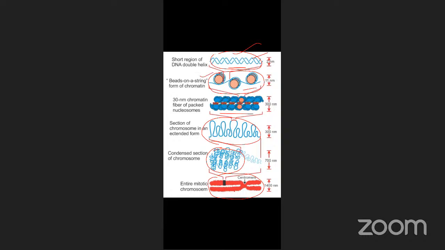In DNA alone, the thickness is 2 nanometers; with histone proteins, it is 11 nanometers thickness. Just imagine, of course, the equal length: this DNA equal length, nucleosome equal length. These are all equal length, but the DNA is an elongated strand. When it is wrapped with the help of histone proteins, there is a somewhat decrease in size. For example, this DNA first one.